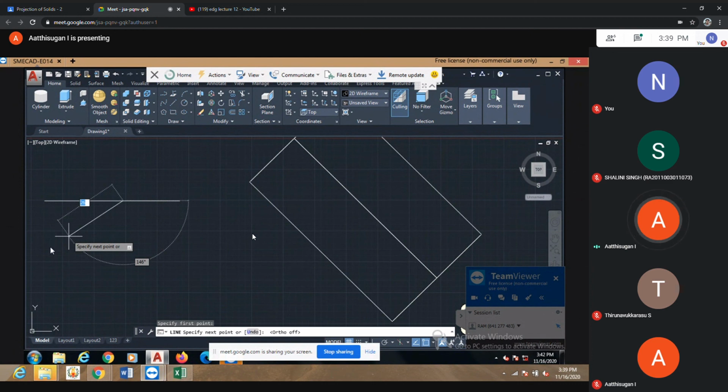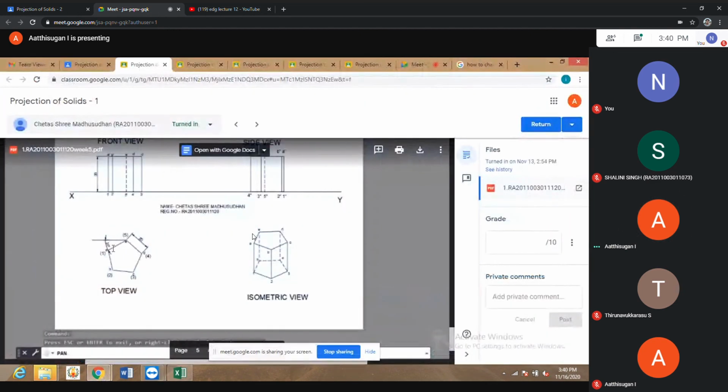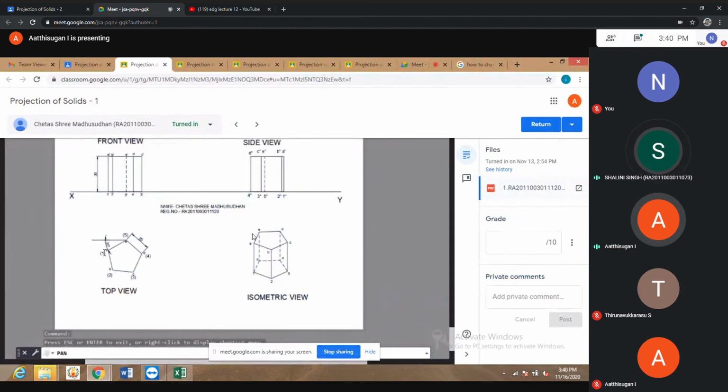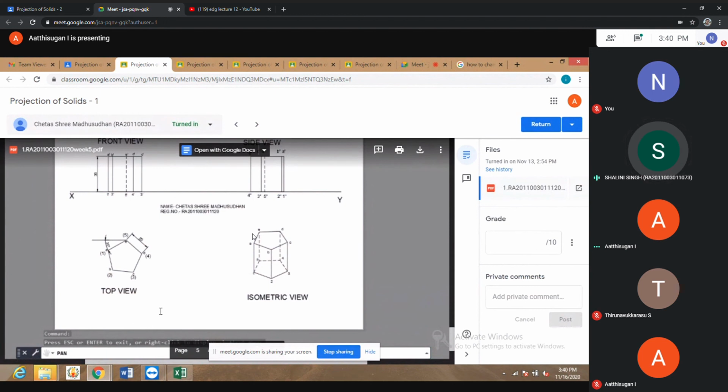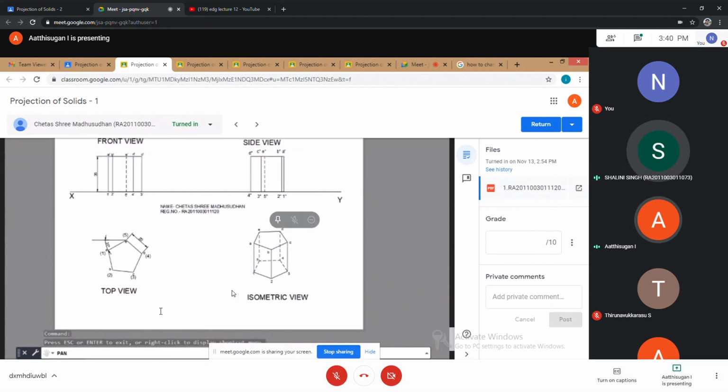So the reference line. Draw one line, then you can draw that pentagon here, in this direction. So you may get this shape. Imagine this line from the bottom when we are taking it. When we are taking from the bottom, that is also parallel to XY. The bottom is also correct there, but you must ensure it.